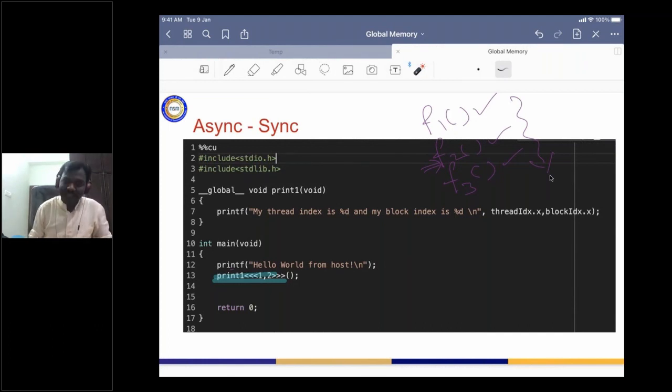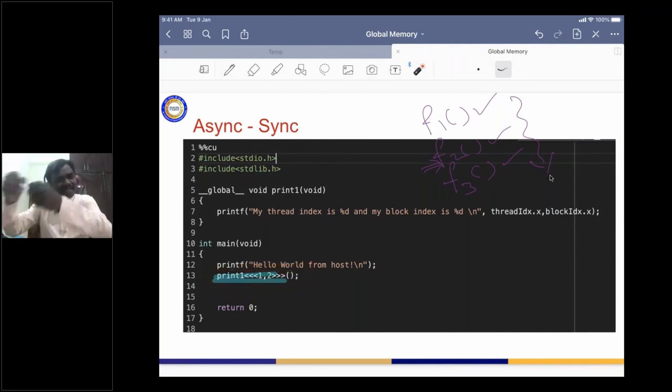The CPU started executing this, handed over this work to the GPU, and started executing the rest of the statements. The CPU is not going to wait till this function definition is over.